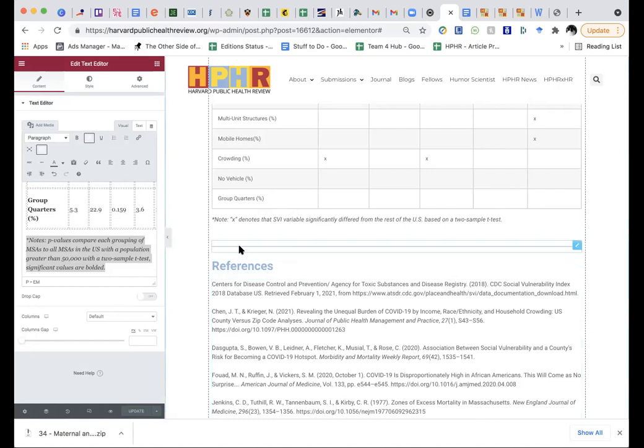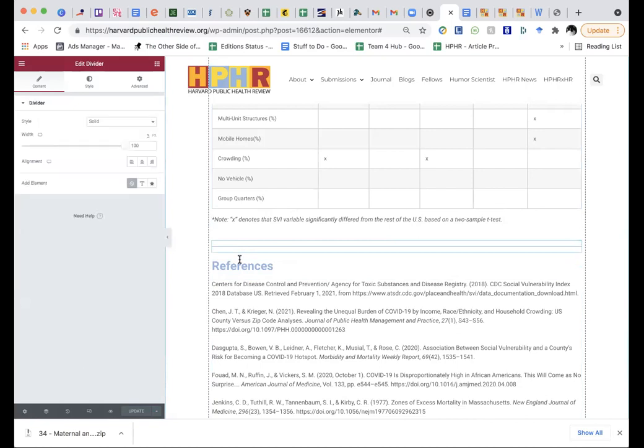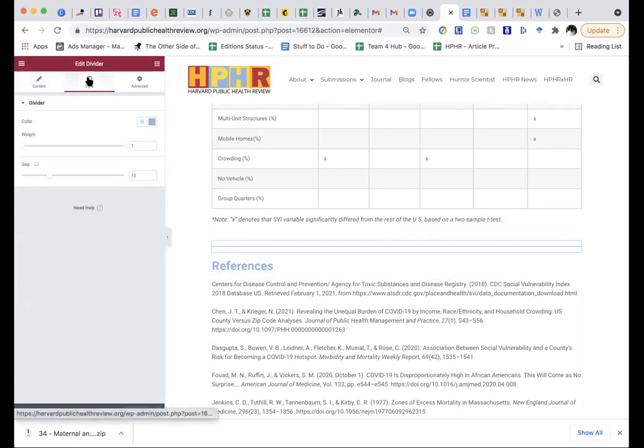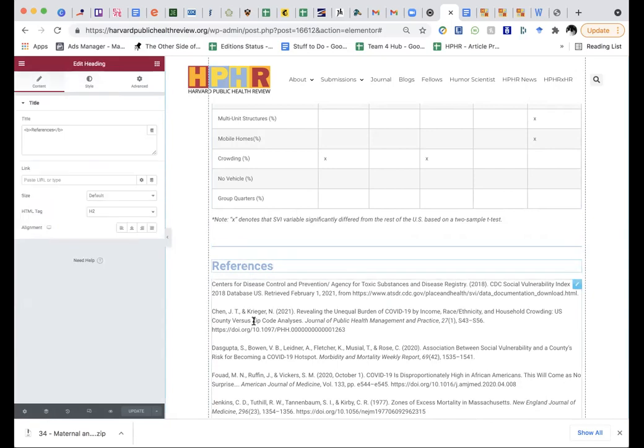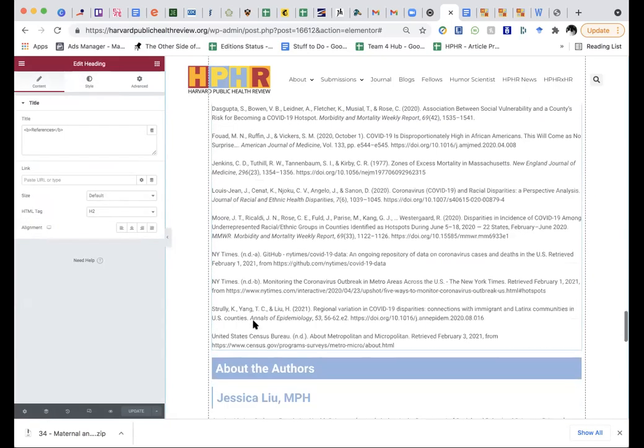Then you'll add another divider, and you can see why duplicating the divider from the top would be a little weird and like dragging it down. So here's this piece. You probably will want to add it. You might have to make it that global blue. And then it's time to do the references.